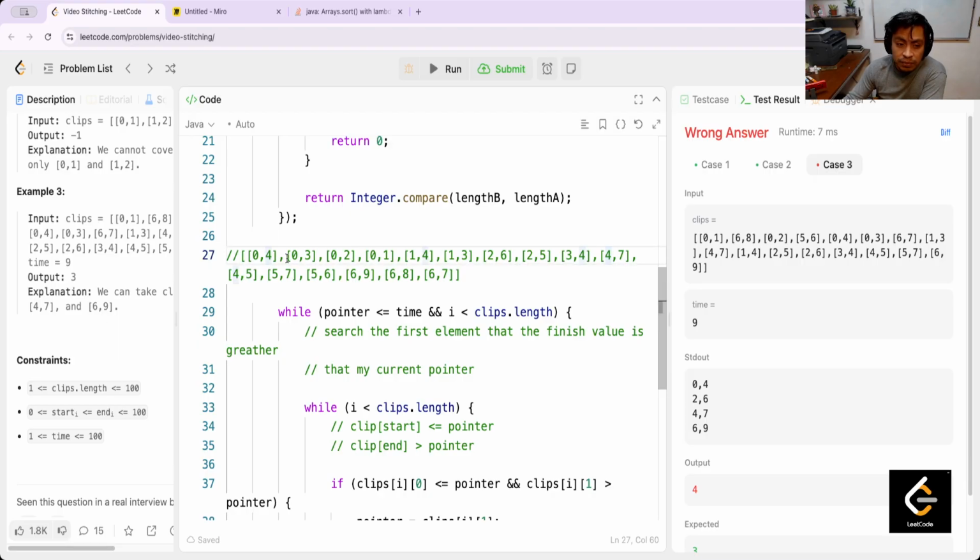In this case, for example, I am here. Okay, I take the 0 to 4. My pointer is 4. And now I need to move until the start is greater than 4 and only